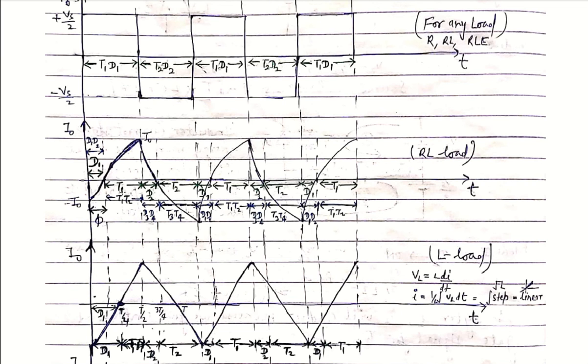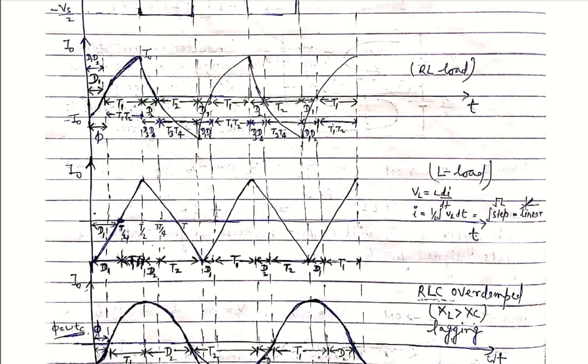That is T1, and in the case of the full bridge, T1 and T2 are conducting because voltage is positive and current is positive. You will see that this is the conduction of T1 here, and this is the conduction of T1 T2 there. After that, when D2 conducts, the inductor discharges through the diode D2. So in case the current is positive but voltage is negative, power will be negative. And in the case of the full bridge structure, D3 D4 are conducting. So in this way we will draw the waveform and mark the polarities.